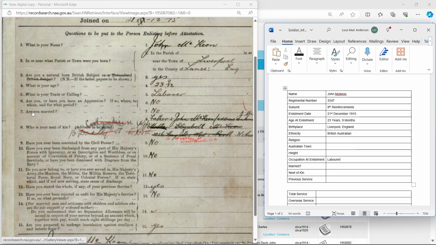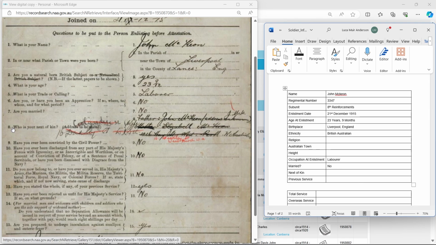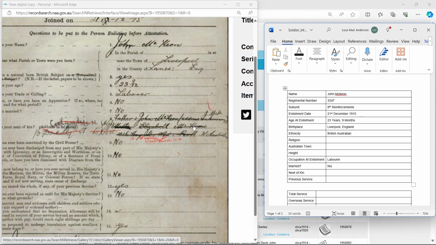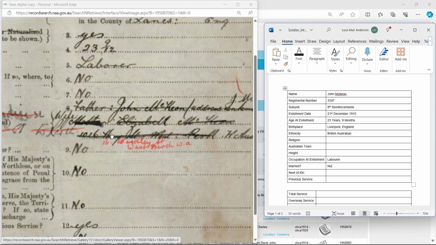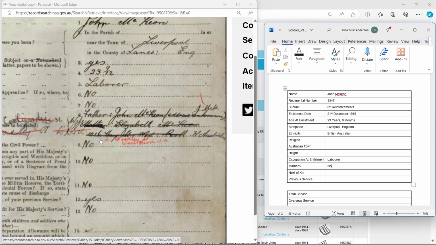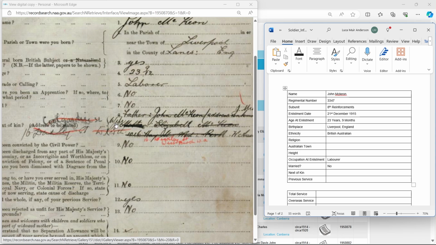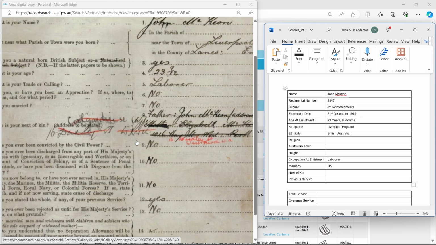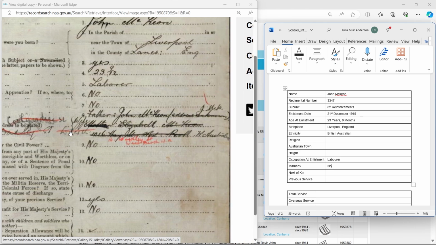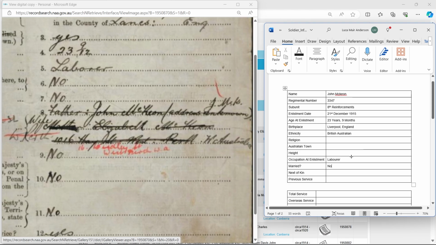If he is married, you could find this at question 7. In his case, no. Next of kin is always listed at question 8. In this case, it's quite confusing because it all got cut out. This is because he married midway during the war. However, I would just put either one of these. So for his case, I would put